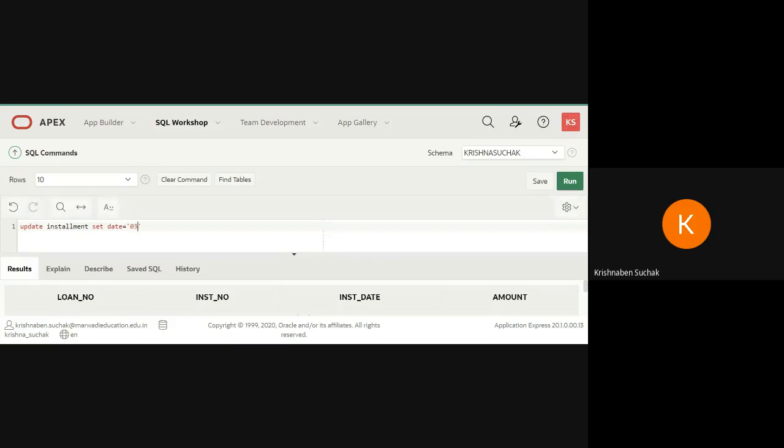So 03-03-04. Which date do I need to change? That is 2nd February. Where date equals to 02-02-04. Okay.